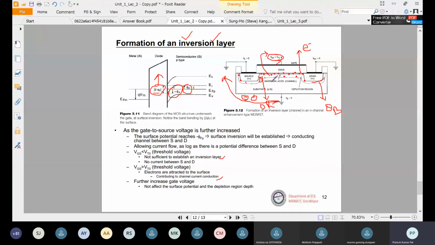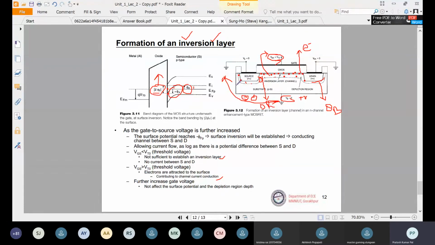तो अगर यहाँ पे नेगेटिवली चार्ज इमोबाइल चार्ज carriers है, अगर हम यहाँ पे पॉजिटिव कनेक्ट कर दें इंस्टेड ऑफ जीरो, इफ वी आर कनेक्टिंग पॉजिटिव वोल्टेज, तो क्या होगा, दिस पॉजिटिव वोल्टेज विल बी अट्रैक्टिंग दिस इमोबाइल चार्ज कैरियर. ठीक है, जब ये अट्रैक्ट करेंगे देन दी इमोबाइल चार्ज कैरियर्स विल बी मूविंग फ्रॉम हियर टू बल्क डायरेक्शन टुवर्ड्स द बल्क साइड. तो चैनल जो डिप्लेशन रीजन है वो रिड्यूस हो जाएगा, या फिर हम कह सकते हैं कि जो इमोबाइल चार्ज कैरियर्स है वो चैनल रीजन से रिमूव हो जाएंगे.